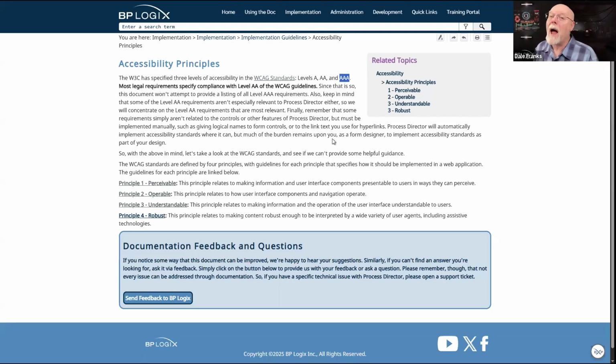AAA is way more strict than AA. AA is kind of a happy medium. So we're going to proceed with the assumption that we're all trying to reach AA compliance.